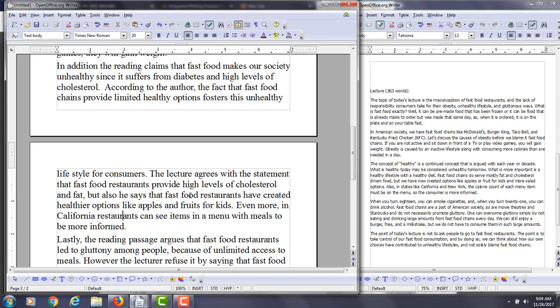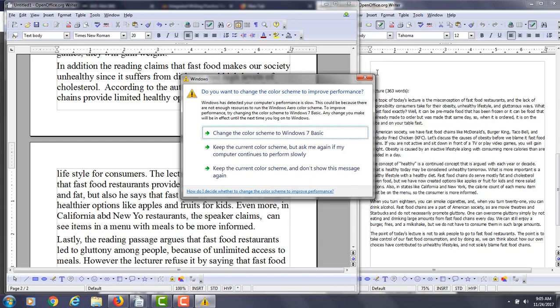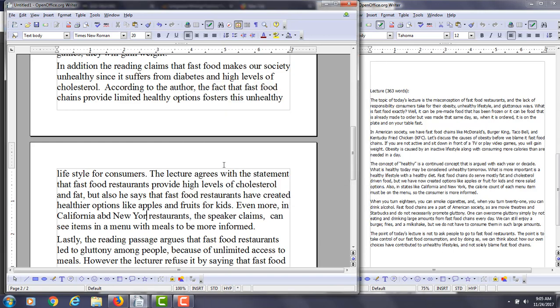Even more, in California restaurants, the speaker claims, I think it's more than that, and New York maybe, so even more in California. In California, even more in California, New York restaurants, the speaker claims,